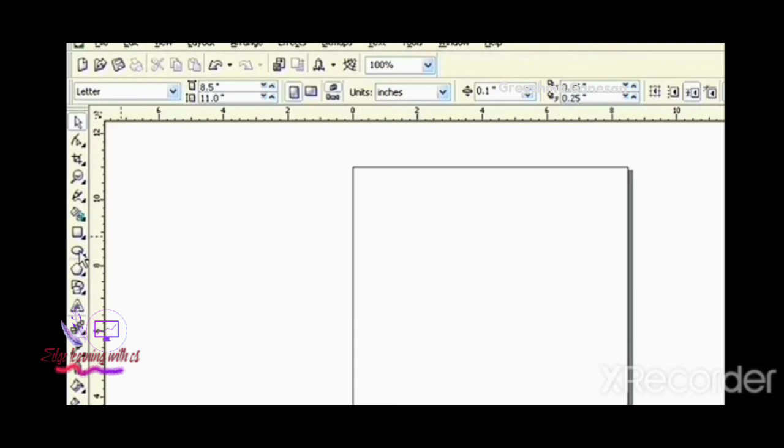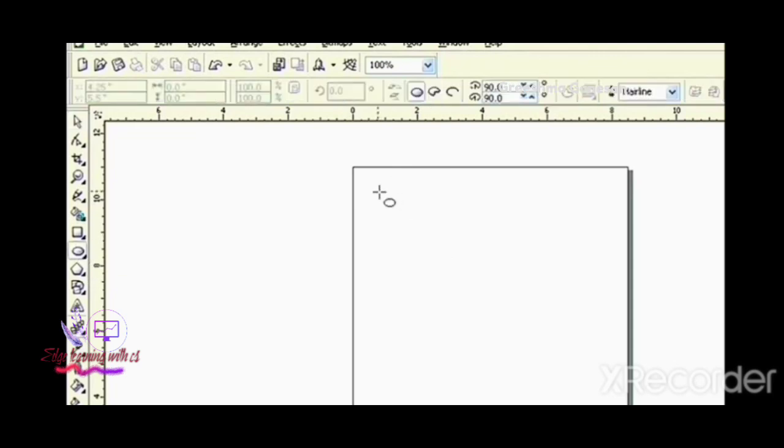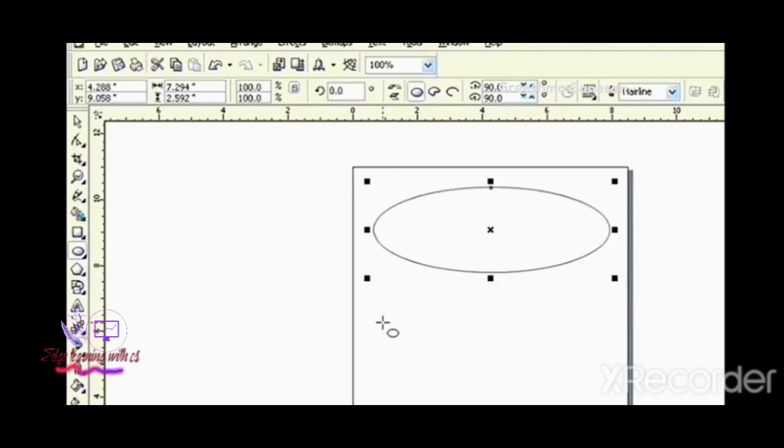Okay, now we are going to discuss the ellipse tool, and you know the shortcut for the ellipse tool is F7. It is already showing here. So you have to choose this option from here. Just simply click and drag up to your choice. Then your round or oval shape will be created here. Then simply click and drag. And if you need a perfect circle, then please hold Ctrl and then drag the shape.